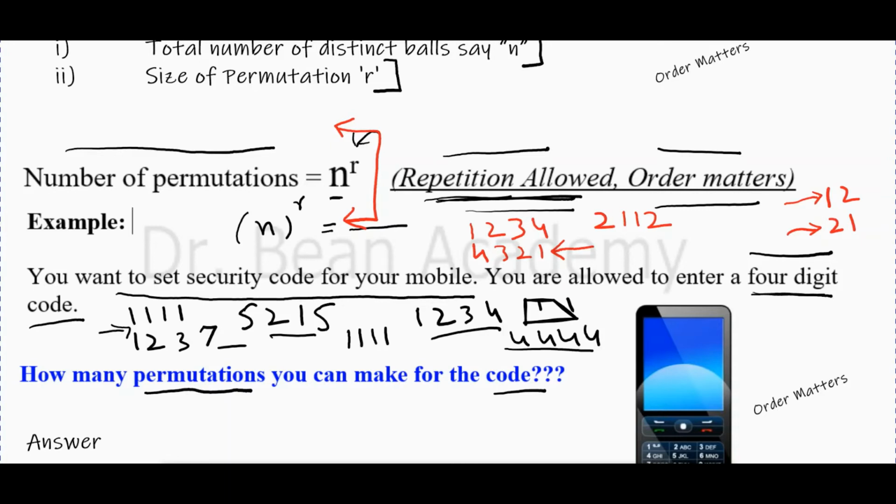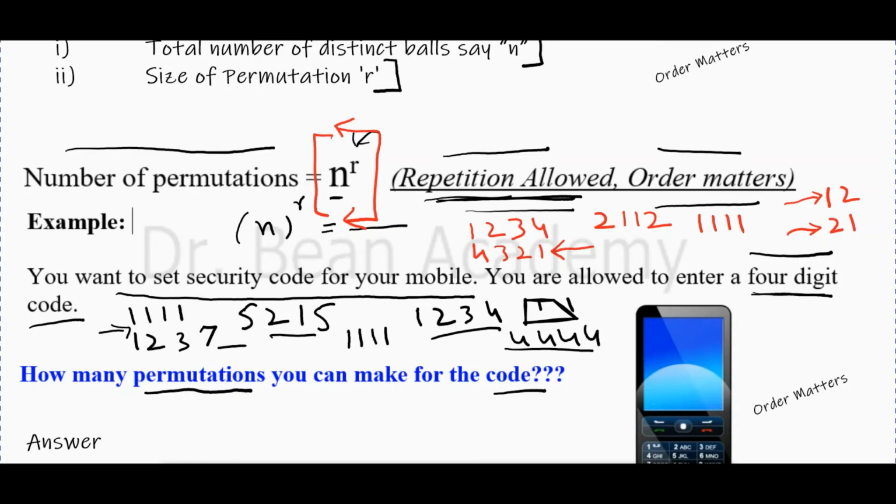Similarly, we can also have repetition. We have a number, for example, this one. So repetition allowed and order matters. It's a permutation, and I can use this formula. I am telling you in the detail because sometimes in the question they will not tell you explicitly if repetition is allowed or not, or if the order matters or not.